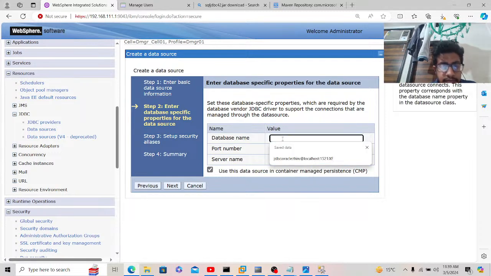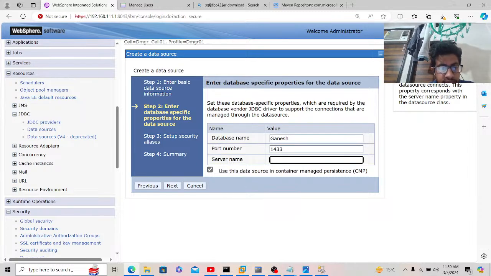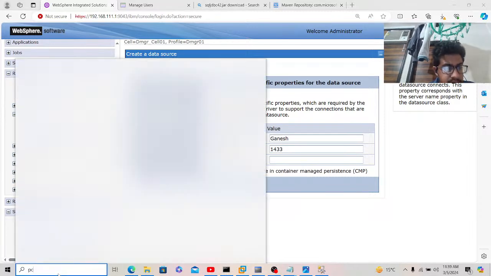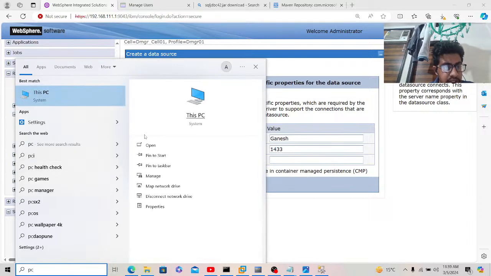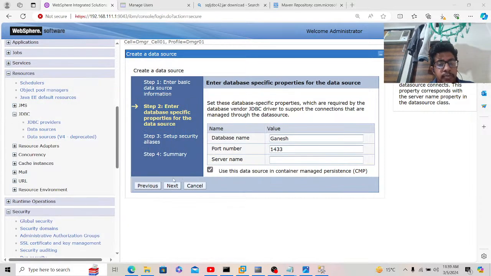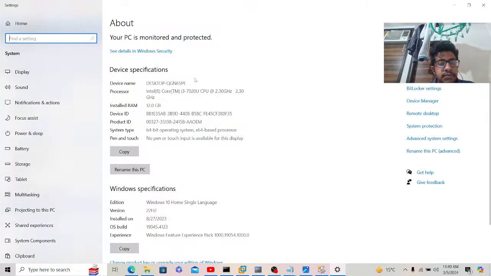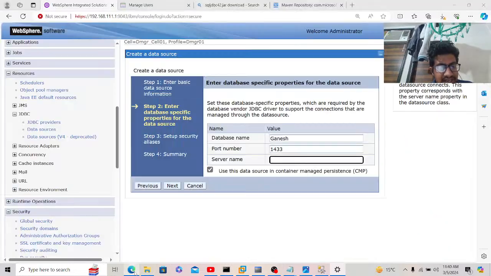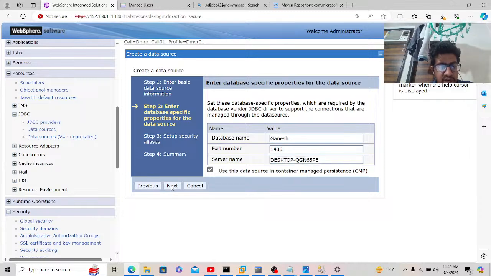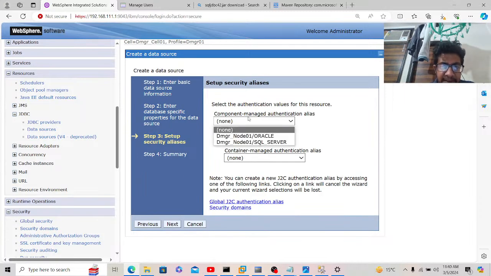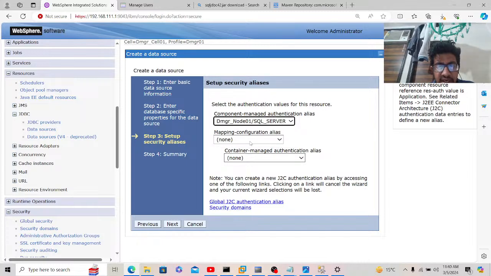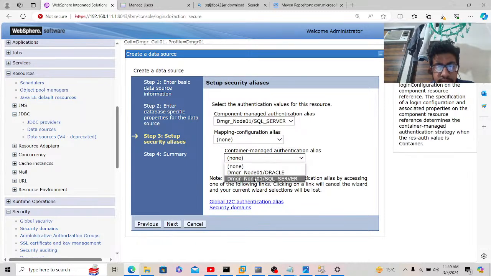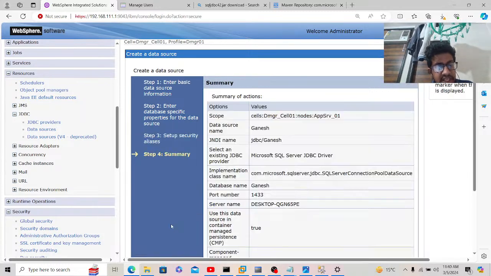Okay, server name. Server name is your machine name. Go to PC properties; this is my machine name. I will use the server name as my machine name. 1433 is the database port number. We can map it here for SQL Server. Next,